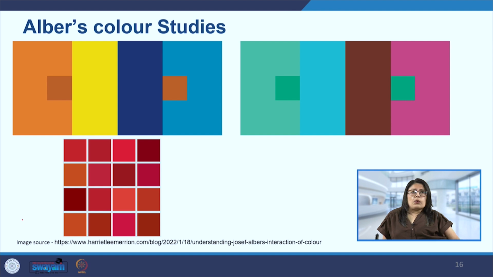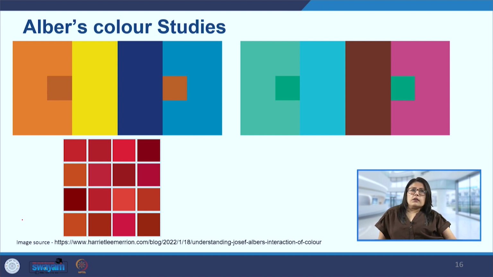He wanted to see what happens when colors are put together, because when we are coming up with our design, where we have to design our family of colors, we have to pick the colors for a particular website design, for example. So what colors do we put next to each other? Of course, we have seen the different harmonies, like complementary and split complementary and so on. But still, amongst those also, how do you place the colors together so that the effect is what we want them to generate? Now, this is a very interesting study.